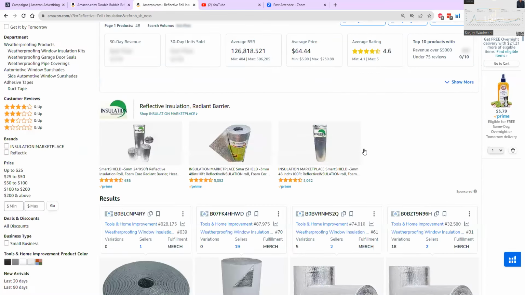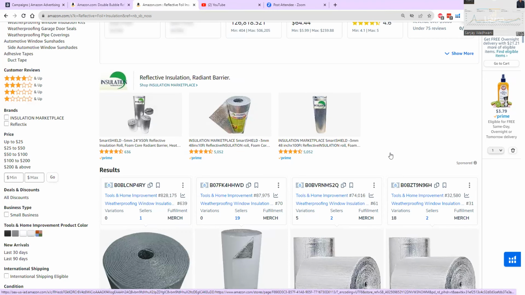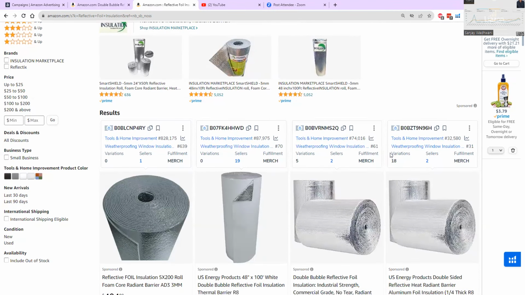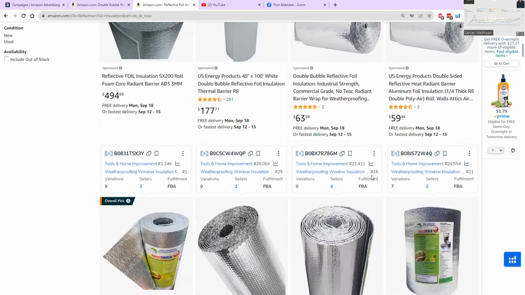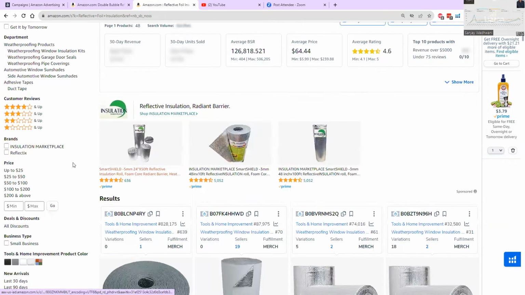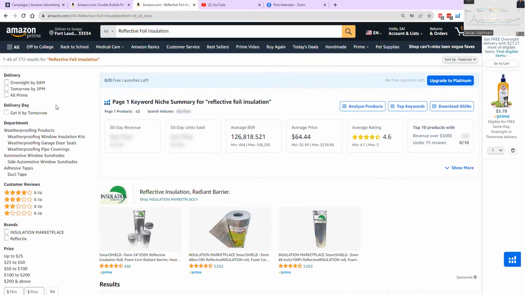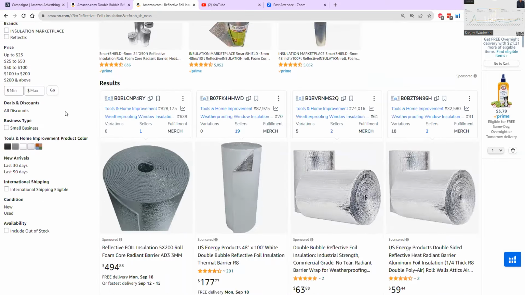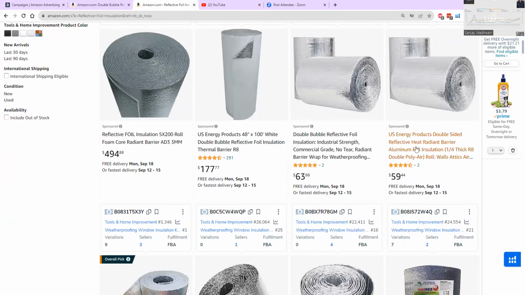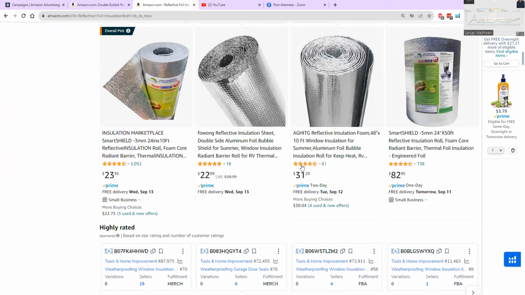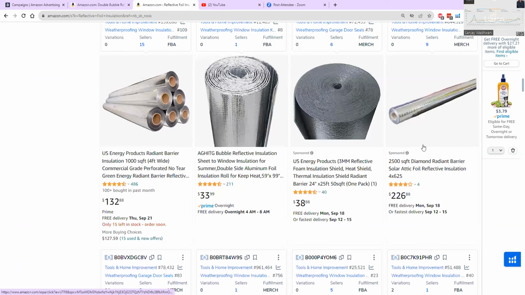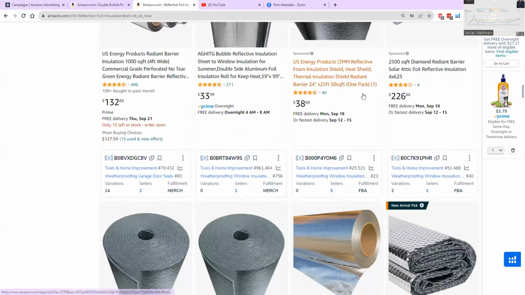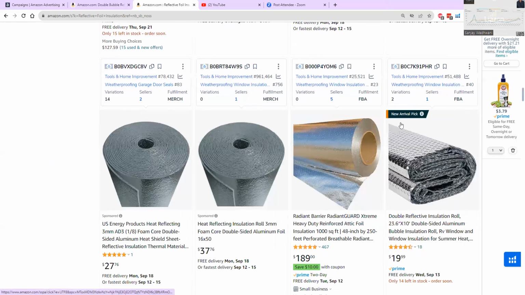Let's see if we can find somebody who's doing sponsored and showing up for their product twice. Here we go. So this is similar, but it's 2 different companies. There was a way here where you could only choose sponsored, but that was very old, many days ago. Now you can't find it. But let's see. Out of these 772, normally the sponsors are in the middle of the page, or at the top of the page, or the bottom of the page.